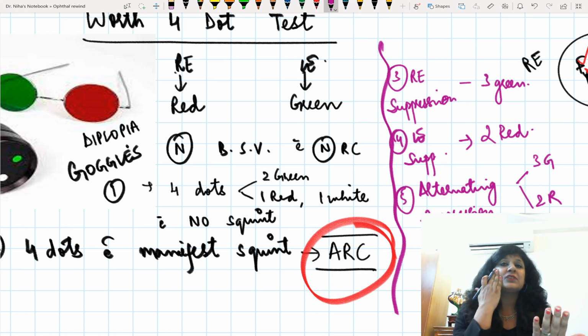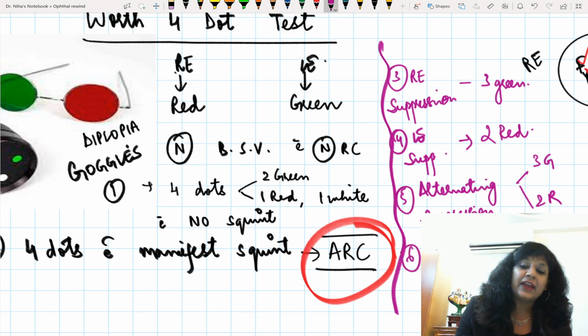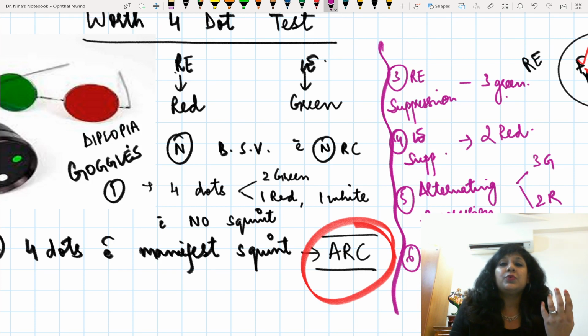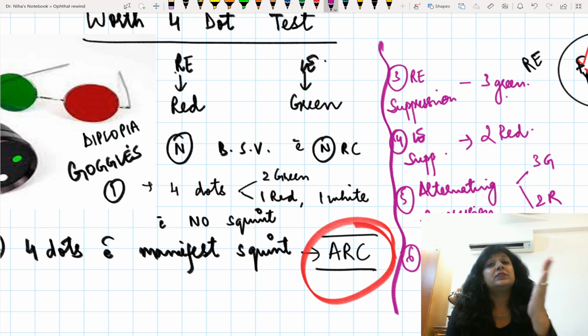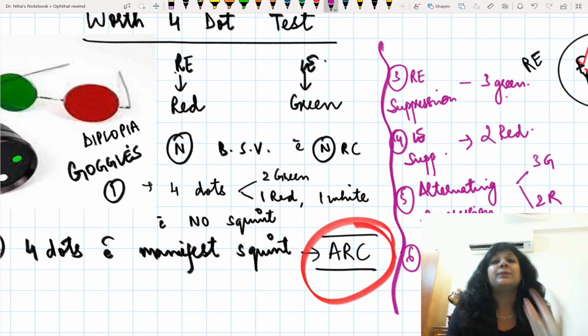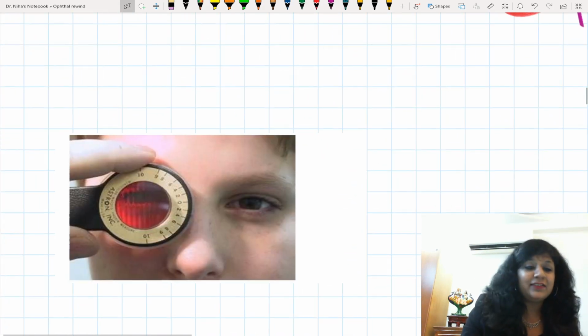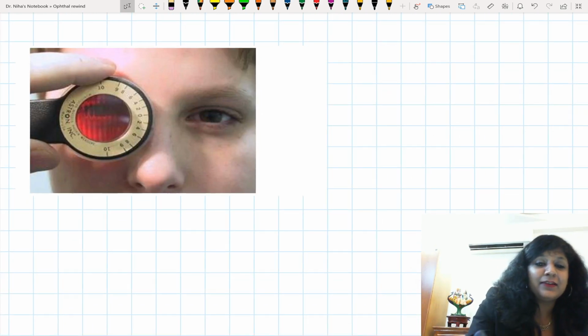But what about diplopia? This means this is also seen, this is also seen. So finally we have the diplopia. If the person is having diplopia, he will see both, meaning 3 green plus 2 red. So finally he will be able to see the 5 lights. The normal person was seeing the 4 lights, while this diplopia person will see the 5 lights. So this is a beautiful concept where you can see normal correspondence, abnormal retinal correspondence, the suppressions, and even the diplopia. And then your all-time favorite, the Maddox rod.